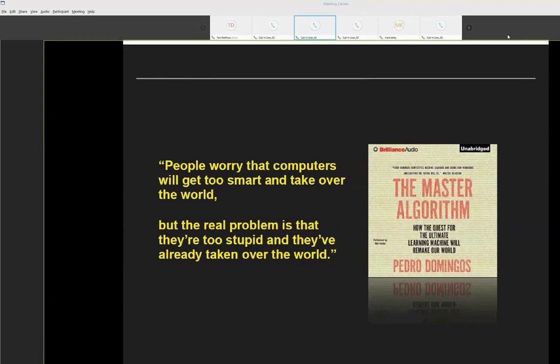There's this concern about the future and computers becoming smarter than humans, et cetera, but we already suffer from computers now. When you call the doctor's office and you can't speak to an individual, you call Amazon and you can't speak to an individual. It's maddening. So in that sense, we're already there. Next slide, please.